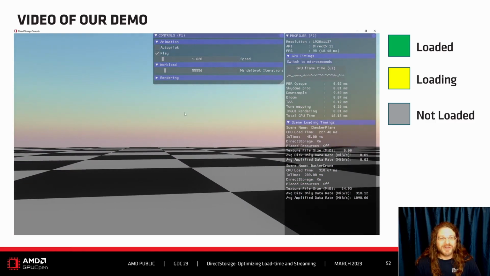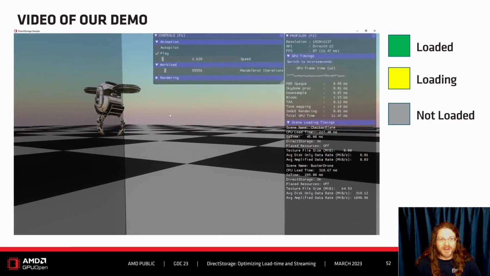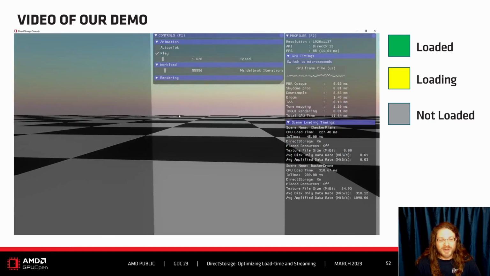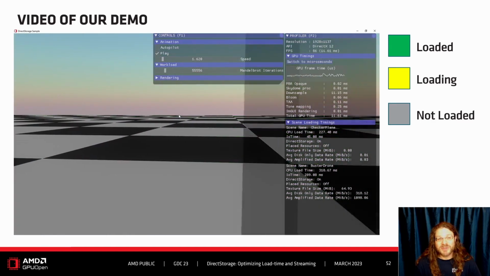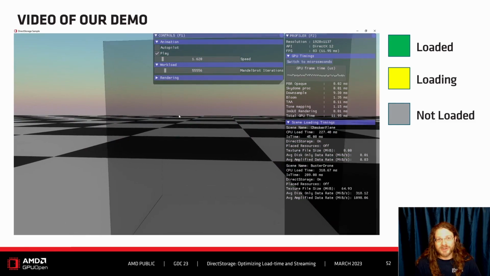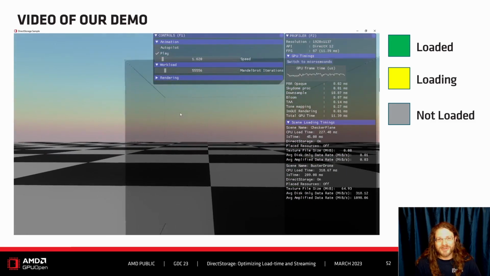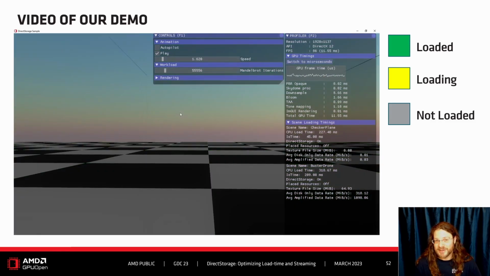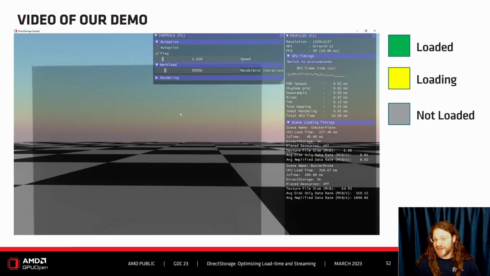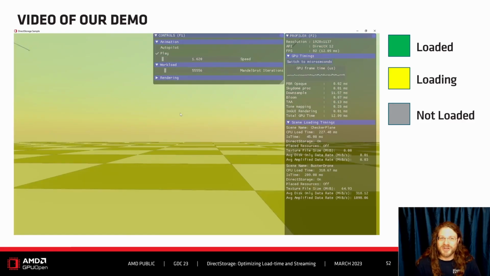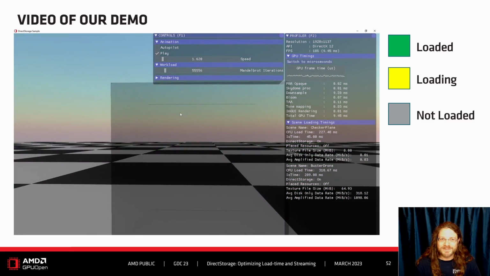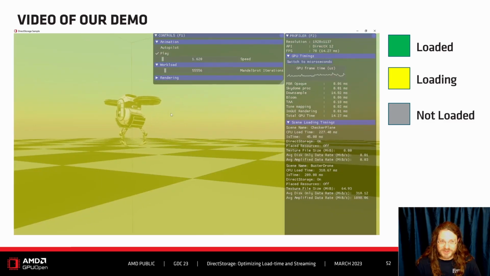It's important to note that our sample also has the ability to have an autopilot with a speed control, as well as a simulated workload, which includes Mandelbrot iterations to help you see and explore what it looks like and the impact it has when GPU decompression is used with various levels of workloads.